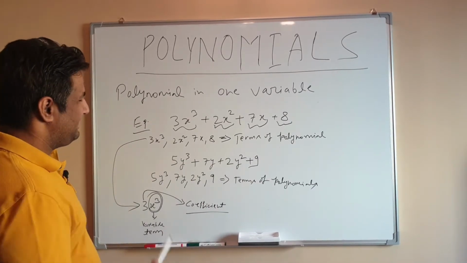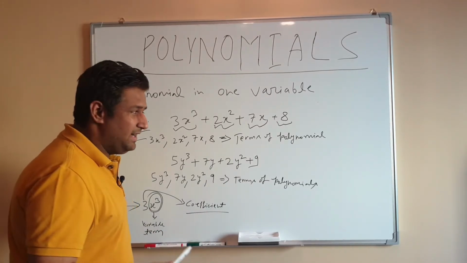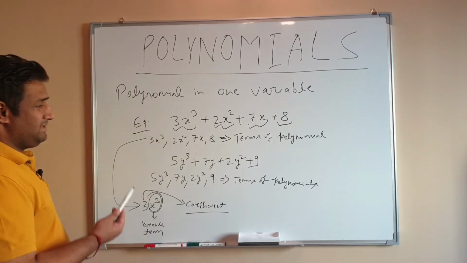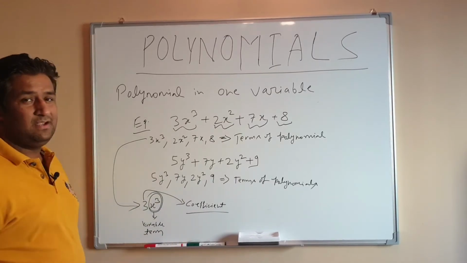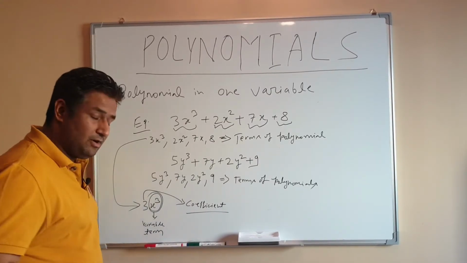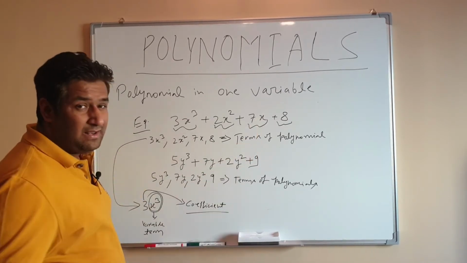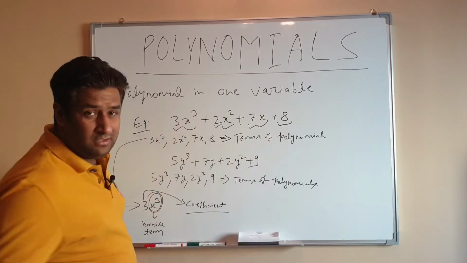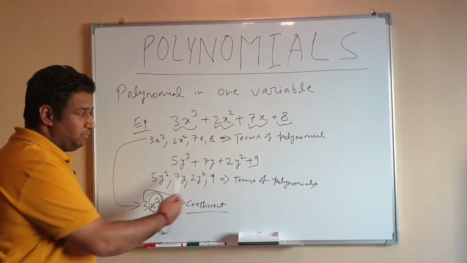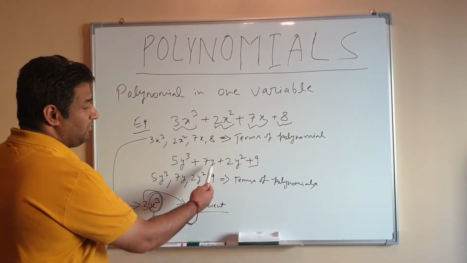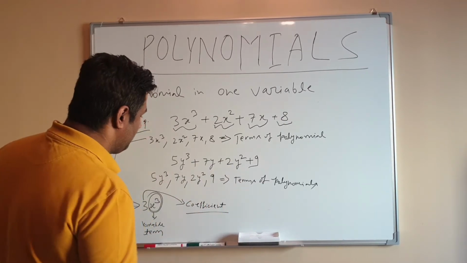Okay, so this is some basic stuff which you should understand before we move ahead in this chapter. These things should be very clear to you: what are the terms of a polynomial and what are the coefficients of the given polynomial terms. Like for example, they can ask you in a multiple choice question, they'll give you this polynomial and ask you the coefficient of x square. So the coefficient of x square is 2. Similarly in this one, they can ask you what is the coefficient of y? So the coefficient of y here is 7. So these should be your answers.